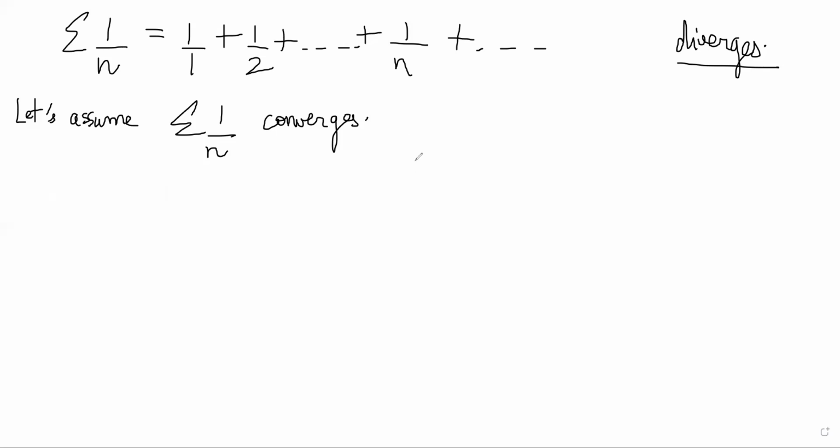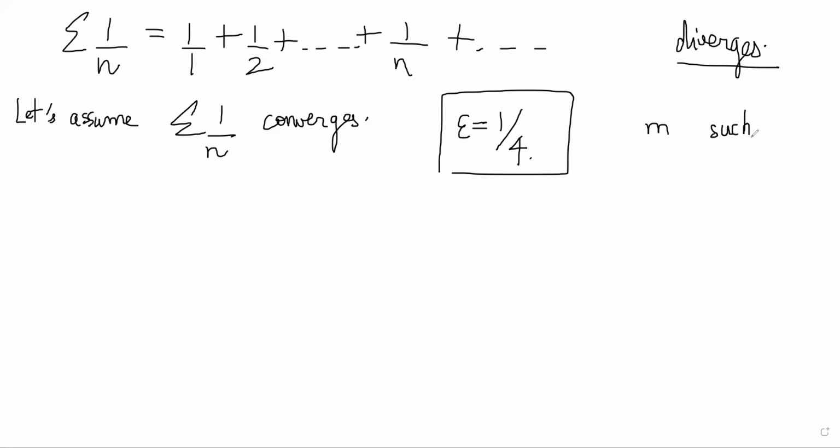So by Cauchy's general criteria, we will select an epsilon, right? Let's select epsilon to be 1/4. So the criteria says that we have to find a positive integer m such that we should have